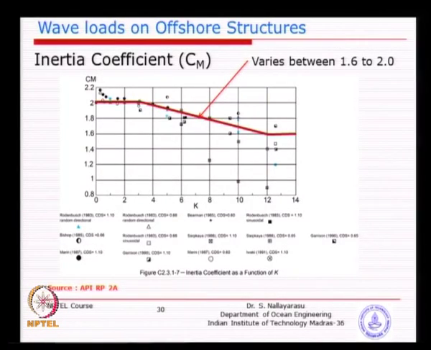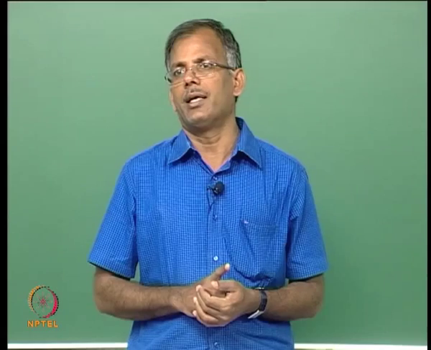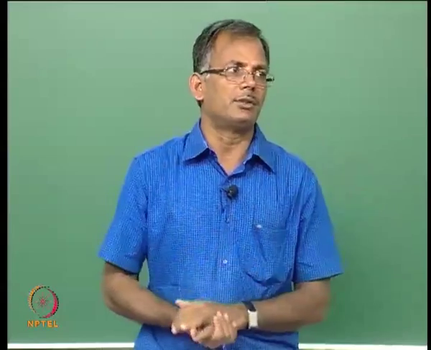Remember, this is for circular sections, either placed vertically, horizontally or in any 3-dimensional fashion, but for non-tubular sections this could be substantially different, higher or more. Similarly, you see here another chart for drag coefficient, again presented with respect to the K number, but instead of directly presenting it, they have given a ratio of drag coefficient with CDS. CDS is the surface roughness coefficient. Surface roughness is to be taken as 1 for a smooth cylinder like a structural steel pipe.